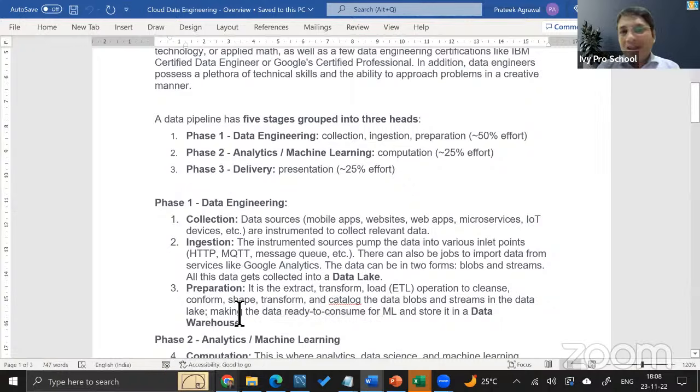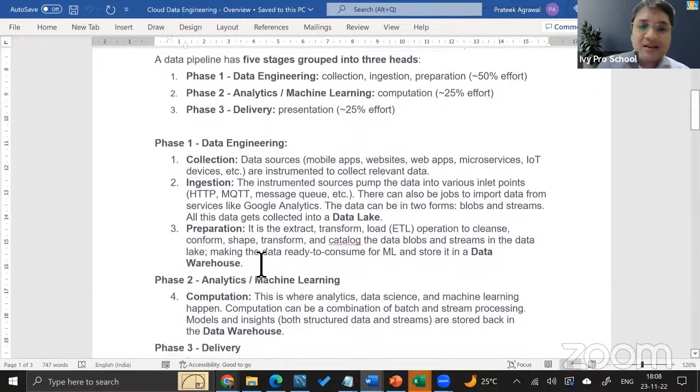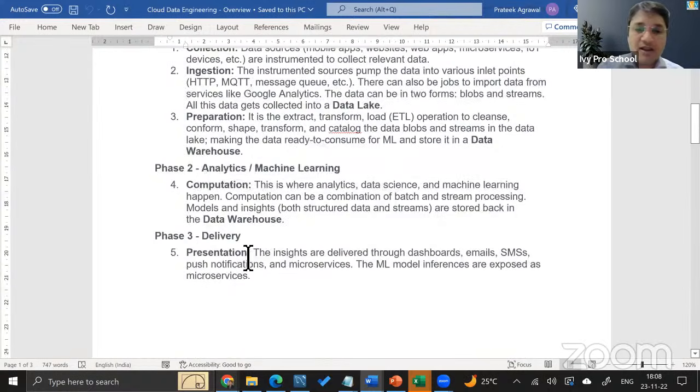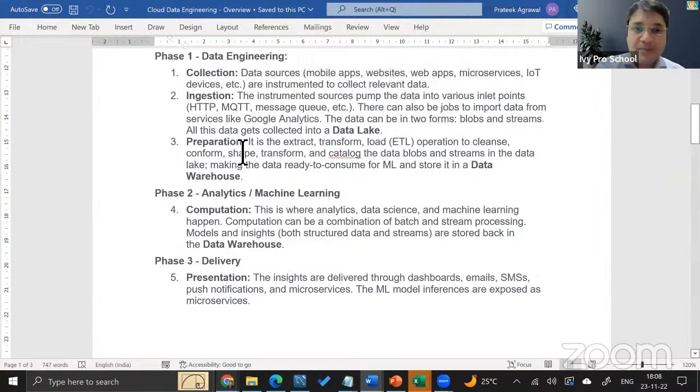Here, when we prepare the data, generally we end up storing the data in the data warehouse or data lake, which is a summarized version of your data. So we'll spend a lot of time in data preparation as well today. And then the next phase is analytics and machine learning, the typical data science, we call it, the visualization, the presentation part of how we show it on the app and so forth. So these are the different parts of data engineering.